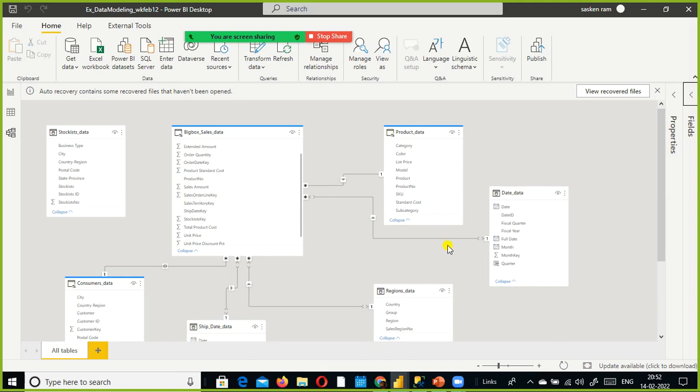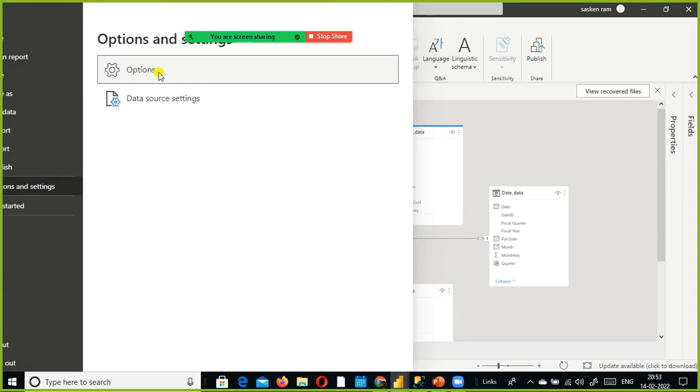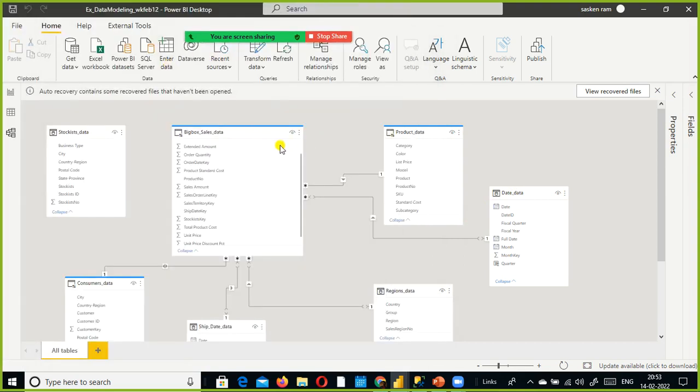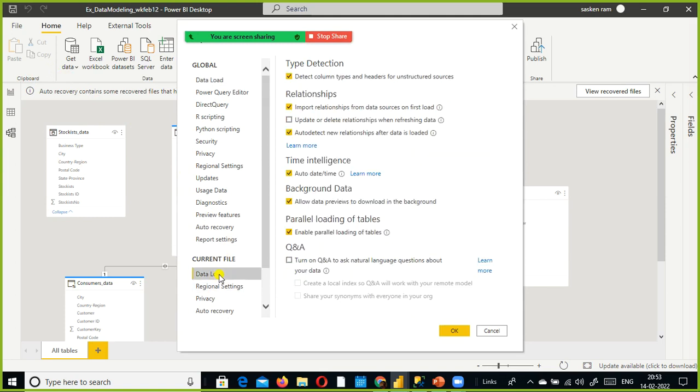So we can see when you import the tables or files, Power BI automatically detects the relationship between the tables or files. So you can go and check here. You have something called options and settings. When you go here, you have something called data load.